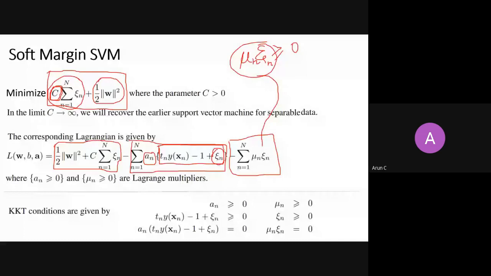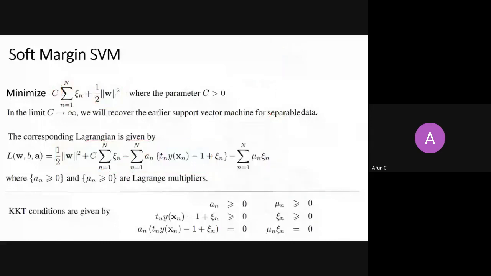And because it is greater than 0, that's why the negative comes here. And similarly, this g(x) is greater than 0, that's why it is negative here. So this is a second constraint. The Lagrangian multiplier here is mu n. And collectively, if you see this, this is your cost function totally. This is your Lagrangian actually. This whole thing is your Lagrangian.